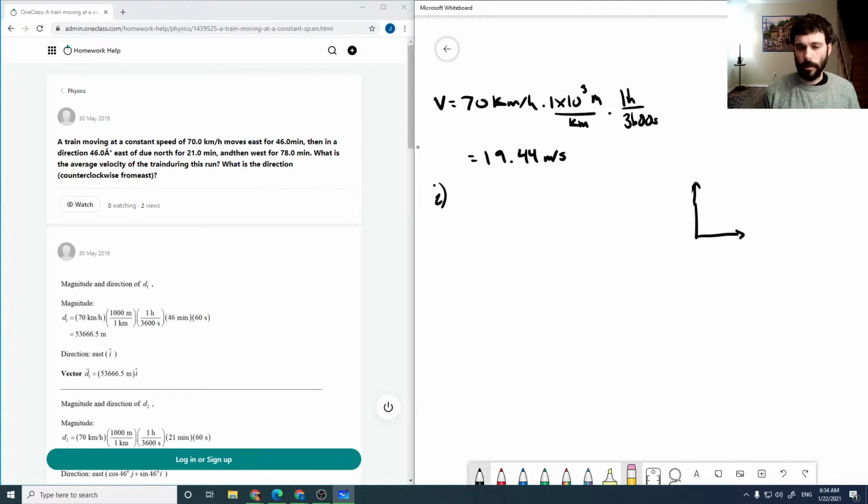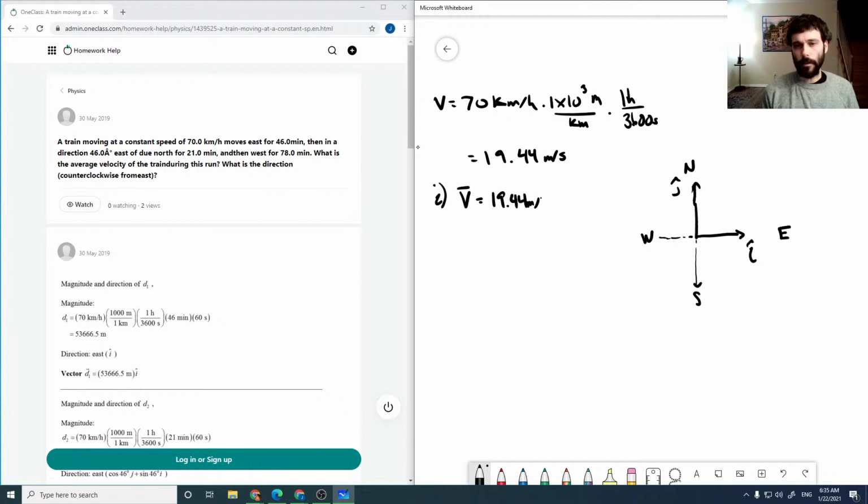I'll just have to be consistent. So i hat, j hat for east, north, and then west will be negative i hat, and south will be negative j hat. For the first leg, I'm moving due east, so my velocity is